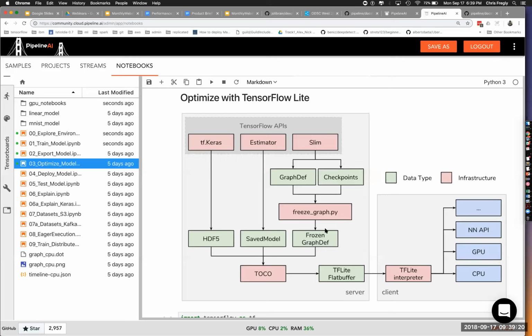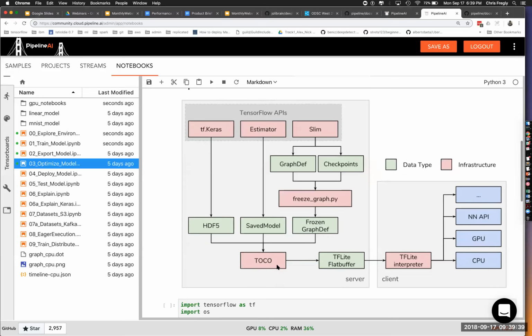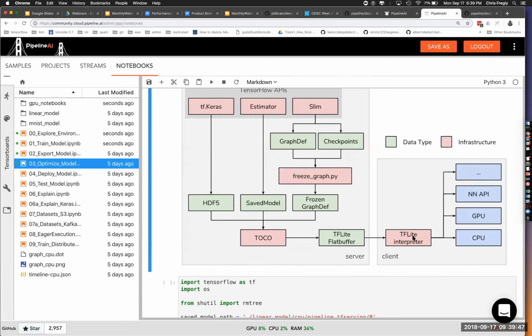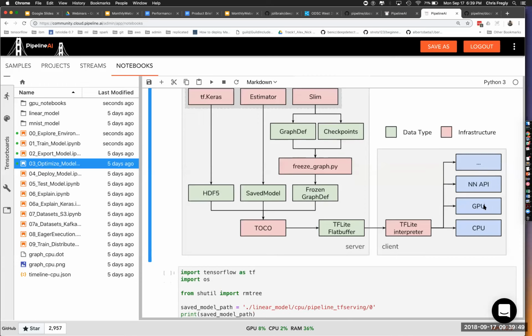As long as you can get these into either a frozen graph, the SavedModel, which is the middle one, or Keras's HDF5 format, you can then use these hidden converters. So this is all just checkboxes from our standpoint when we go to optimize the model. We ask, do you want to use the TensorFlow Lite version? If so, we will generate this for you, and then we will automatically build the TensorFlow Lite runtime for you, whether it's the GPU or CPU version.